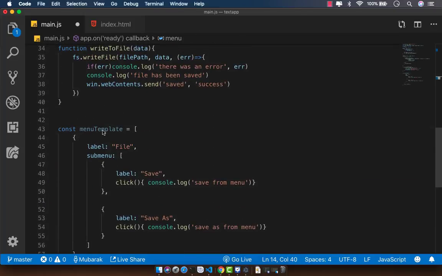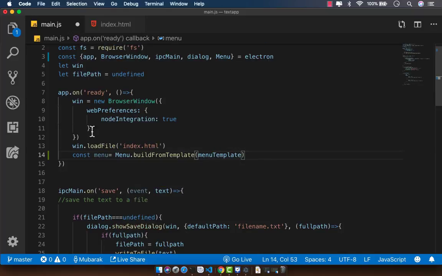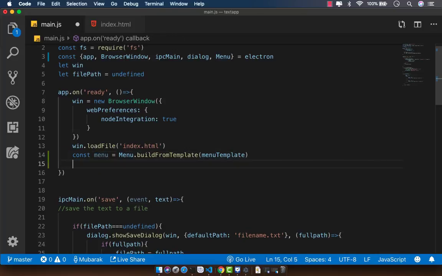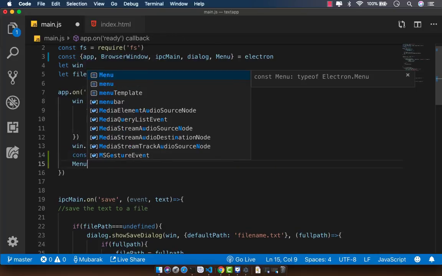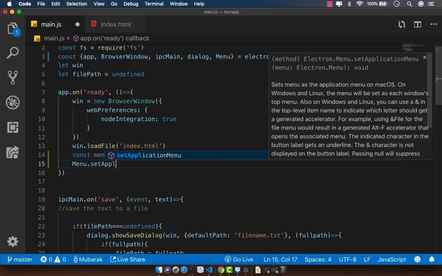Our template is called menuTemplate. So let's pass it our template, and now we have a menu built for us by Electron. Now we want to set our application's menu to this. So all we do is use Menu again, and then we call setApplicationMenu,